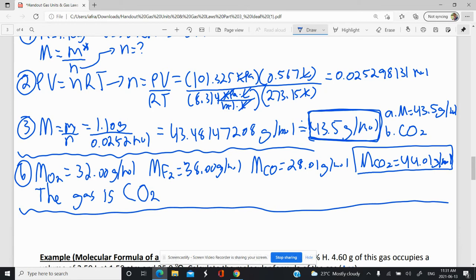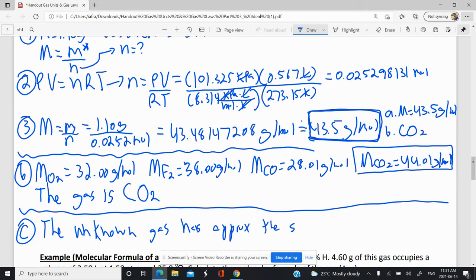And then for part C, the unknown gas has approximately the same molar mass as CO2. And that's the explanation, the reasoning behind why you decide to choose carbon dioxide as